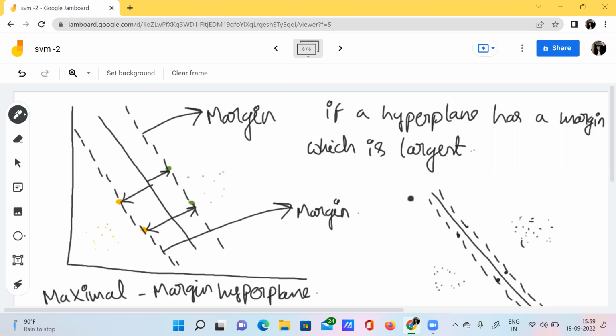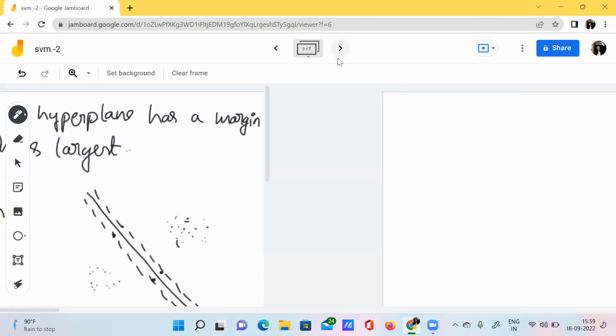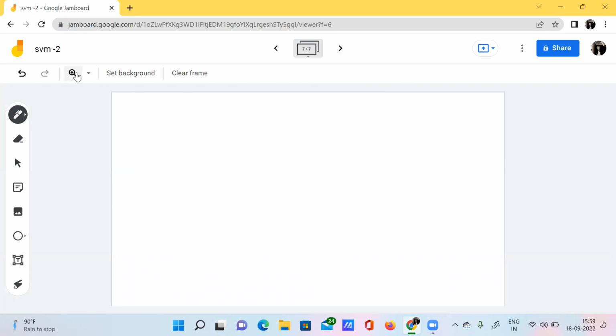Why? Because a maximal margin hyperplane is actually a natural classifier. What do we mean by natural classifier? I'll explain.